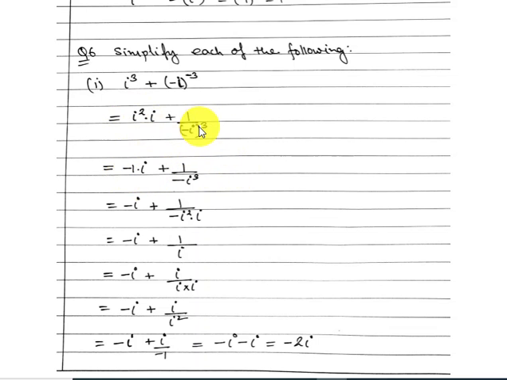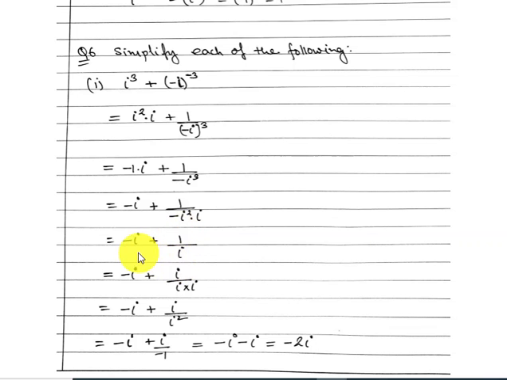Here in this denominator you can see the power is 3. That's odd. Here it's minus i. So since this power is odd, the minus sign will come out. I'm left with i to the power 3. So in the next step, this i to the power 3 can be written as minus i square into i. But again, you know that i square is minus 1. So that minus 1 and this minus will become plus. So you're left with 1 upon i.